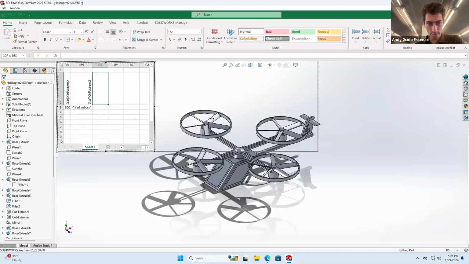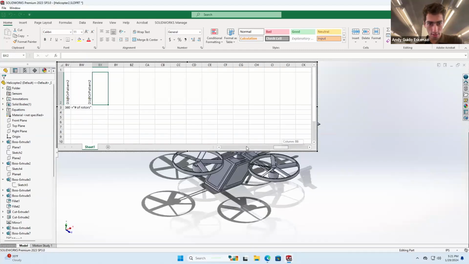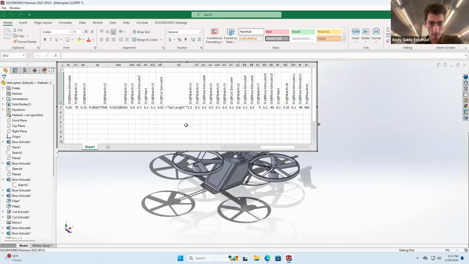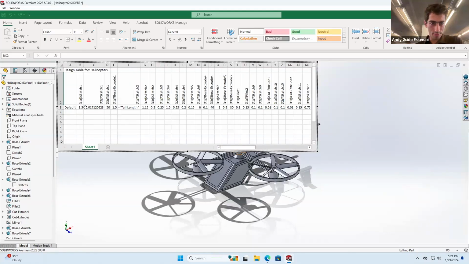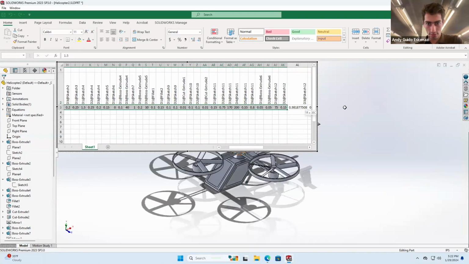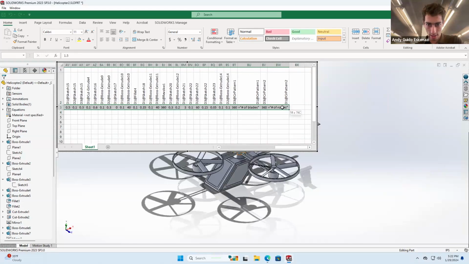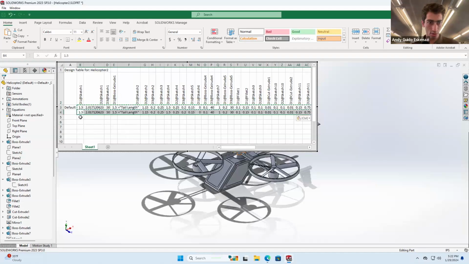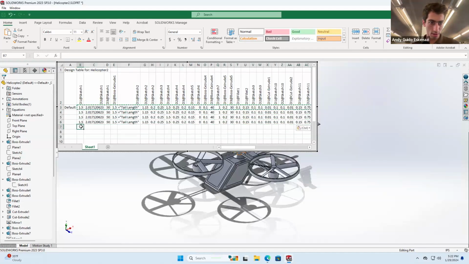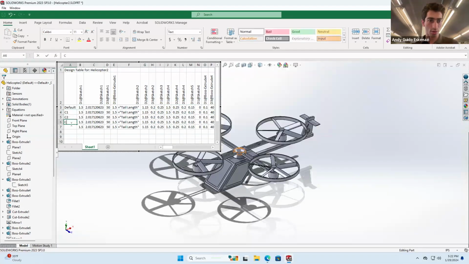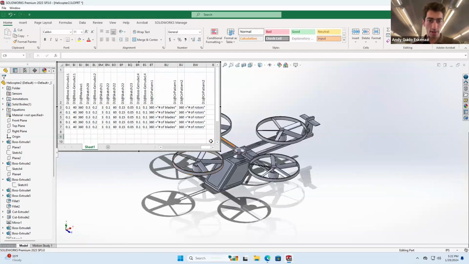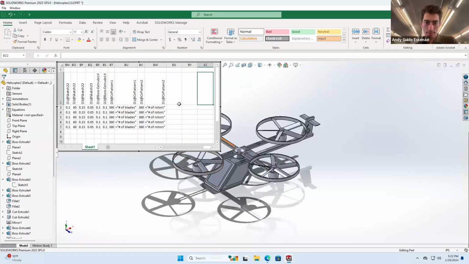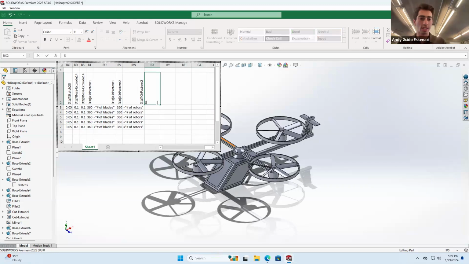I'm gonna make this much bigger, and I'm gonna select all of these. In here I'm gonna do Control C, and then Control V, Control V, Control V, Control V. I'm gonna call these C1, C2, C3, and C4. And now what I can start putting in here, at least you'll have it here in the video,